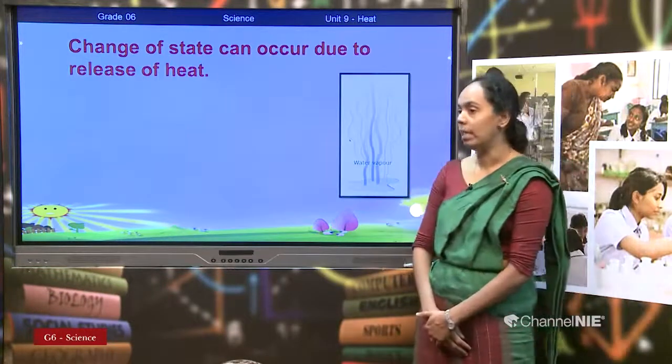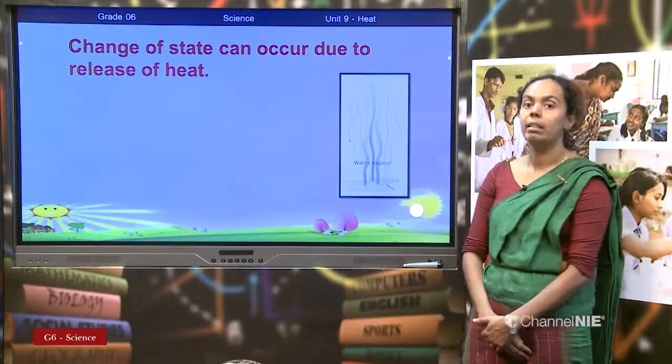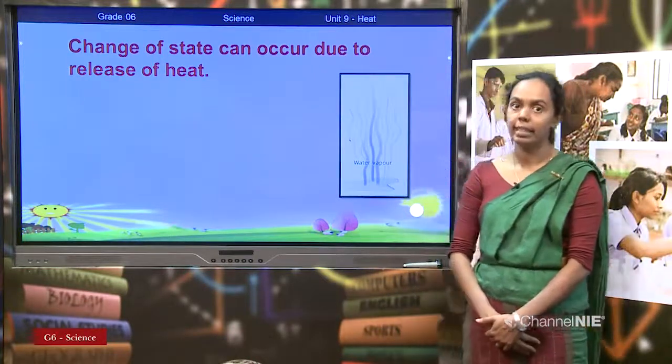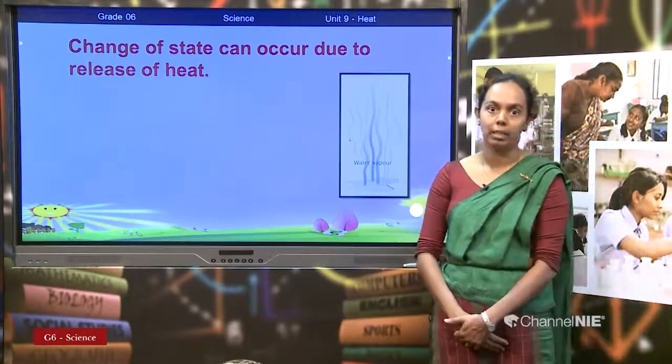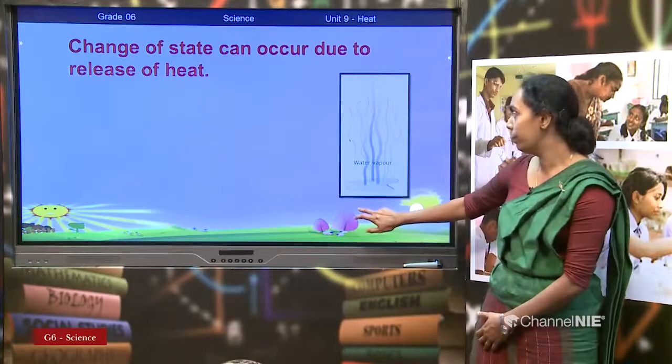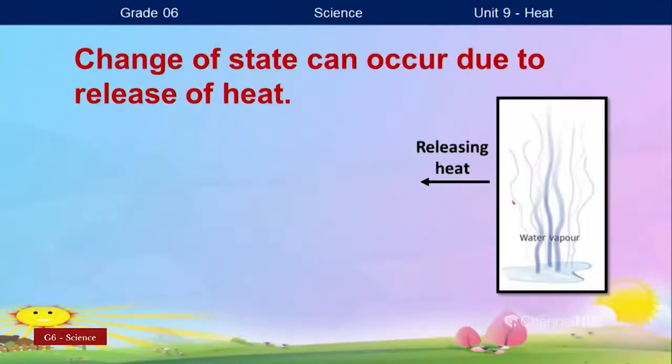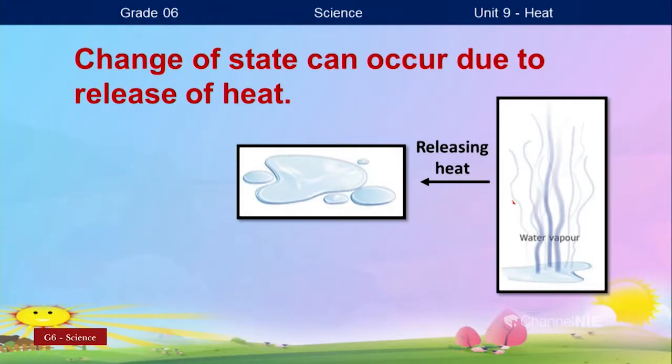Now we will see what happened to the water vapor releasing the heat. Releasing the heat means when the water vapor becomes cool. When the water vapor becomes cool, it turns into the water. Then we will see what happened to the water releasing the heat. That means when the water becomes cool,